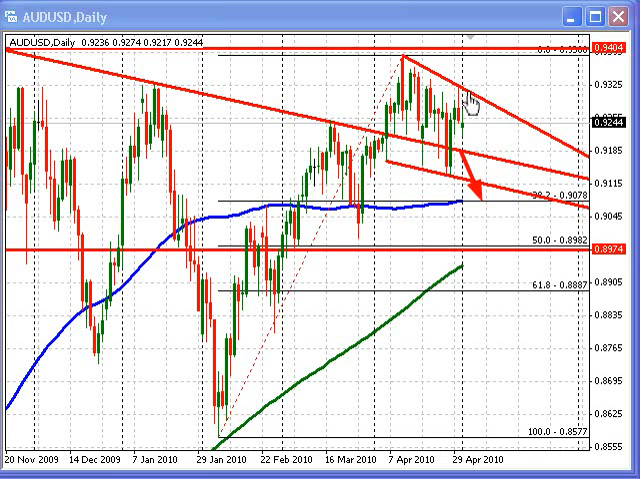And conversely, if we do get a break above this upper trend line, we could see a move toward the